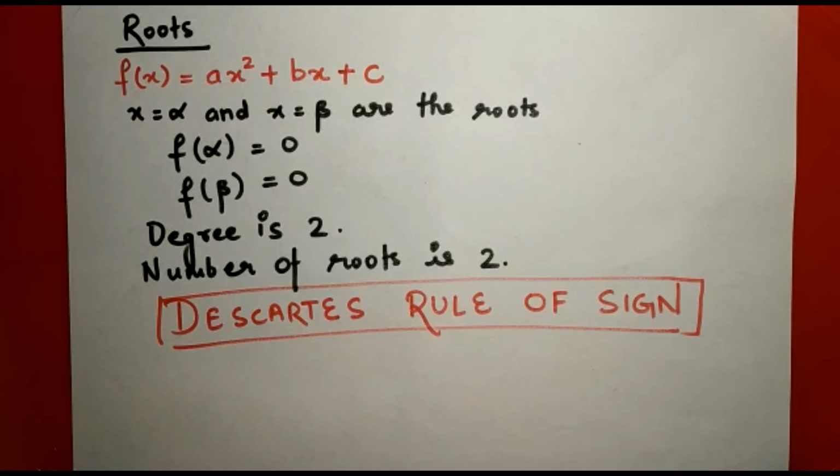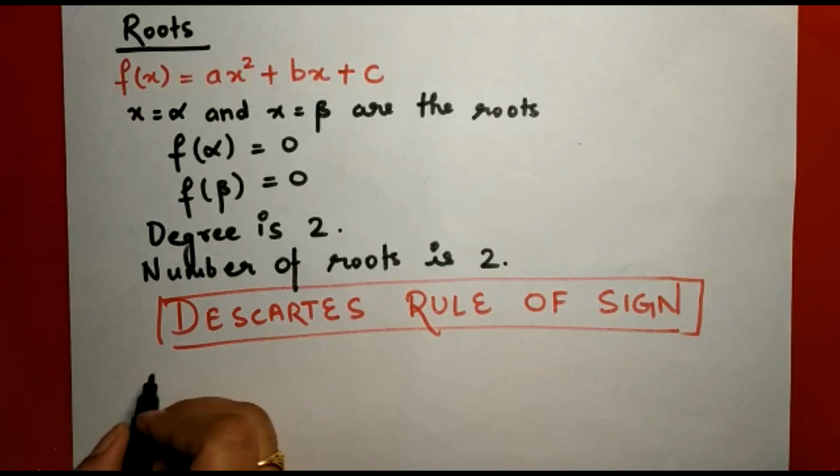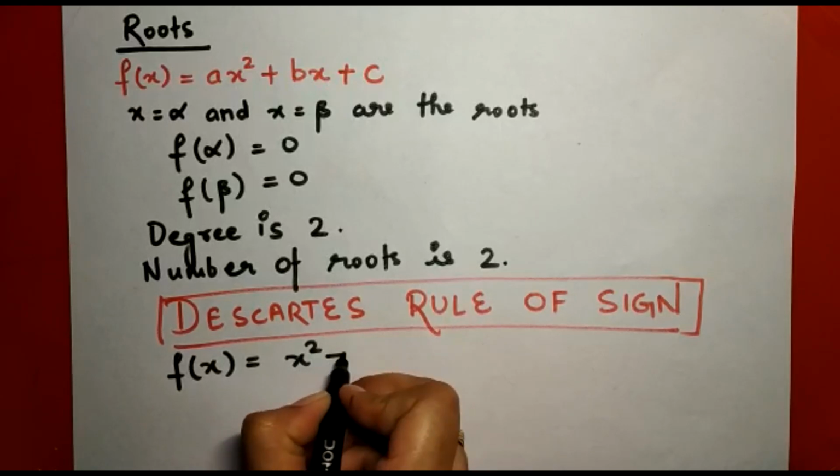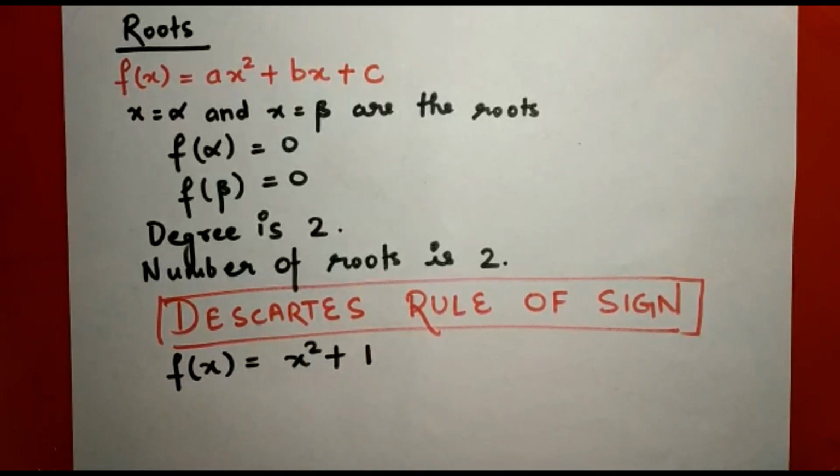So directly I come to my example number 1, that is f(x) equals x square plus 1. In my exam it has been asked to find the real roots and complex roots: how many real roots are possible, how many complex roots are possible, and in real roots, how many positive real roots and how many negative real roots are possible. First of all, you have to follow a particular method to understand these things. That method I am going to explain very nicely. Please just look at this.